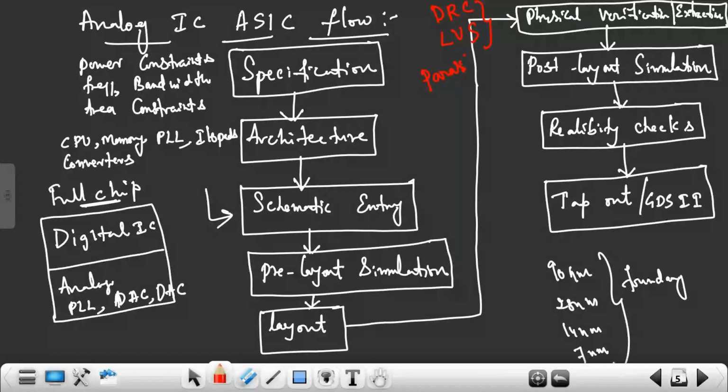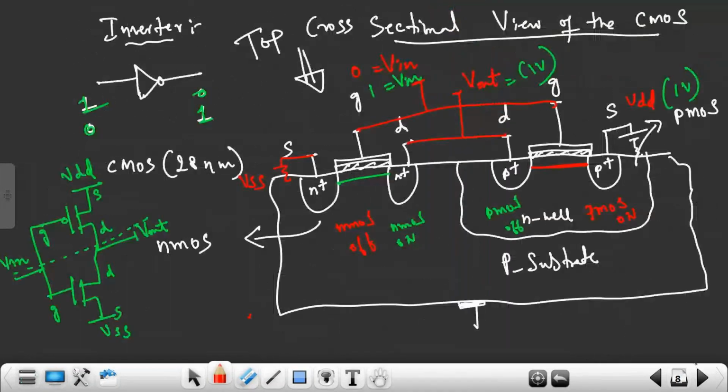Parasitic extraction. What is a parasitic extraction? Is like extracting the resistance, extracting the what? Capacitance. We can also simply call it RC extraction, because when you use any metal, it has some resistance, which we call sheet resistance. How much sheet resistance? If you look at this layout of an inverter,